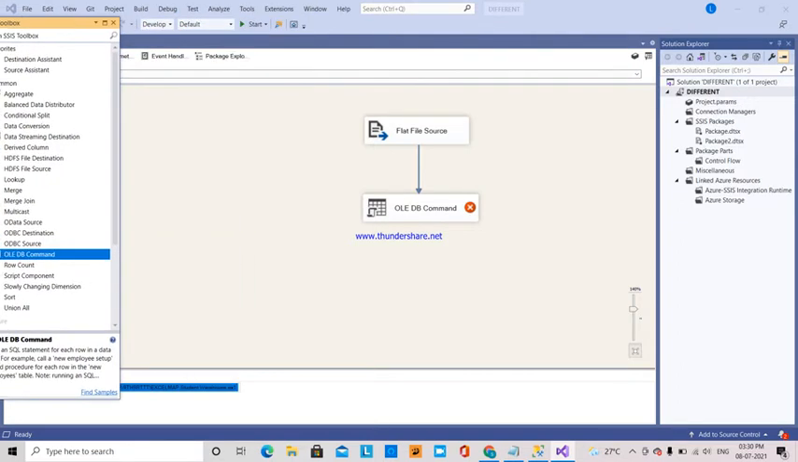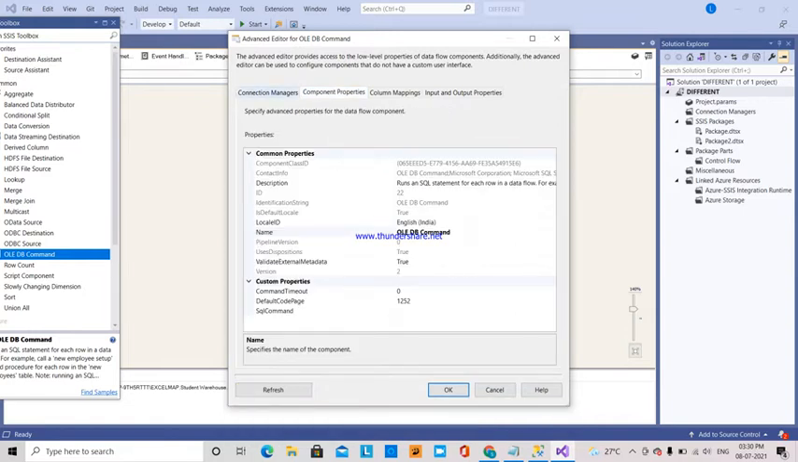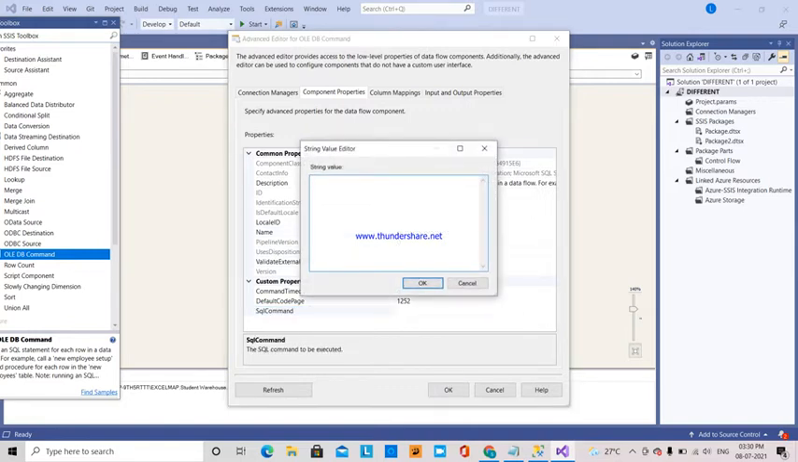So the connection manager is created. Here we can see the flat file connection manager and the OLEDB connection. So I am going to connect this OLEDB connection. Next is the component properties tab, then the column mappings. Here we have to give the SQL command. What SQL command am I going to give? Insert